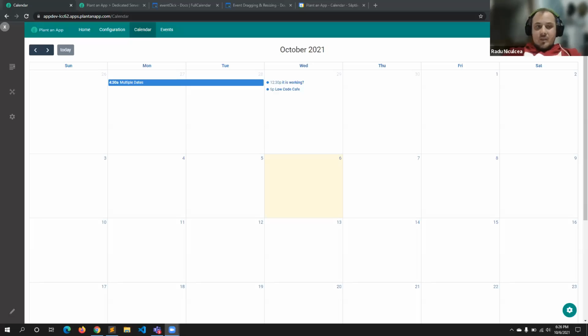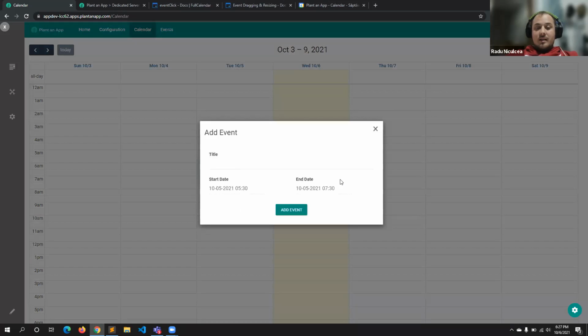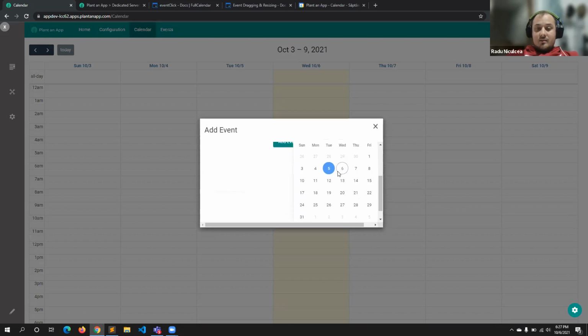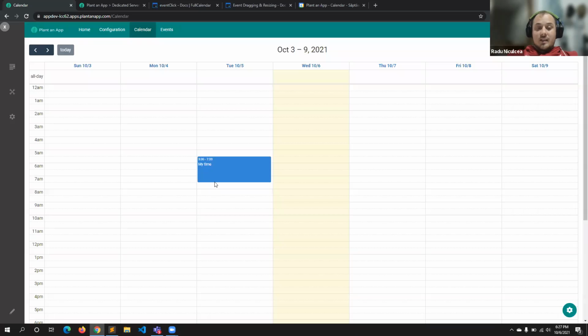So I should start sharing my screen at this point. You can see my screen. The idea was that last time, for example, we created the opportunity for anyone to drag a space or block some of the time in this calendar, and after choosing the space, it pops up the start date and the end date, and you can give it a title. Based on those, you can go and create a new event in the calendar.